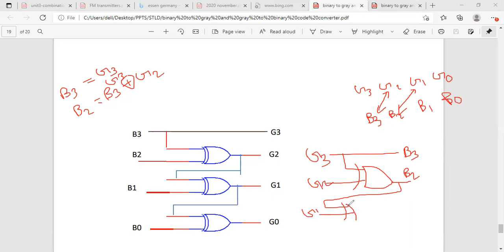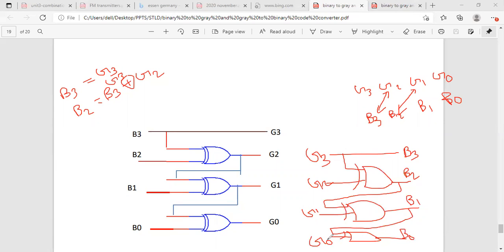So this one is B1. And B0 comes from the XOR operation of B1 and G0. So here is B1 and here is G0. So you will get B0 here, and this one is G0.